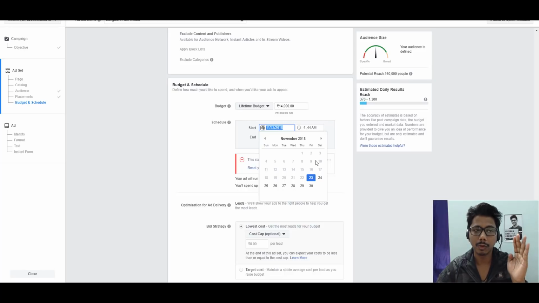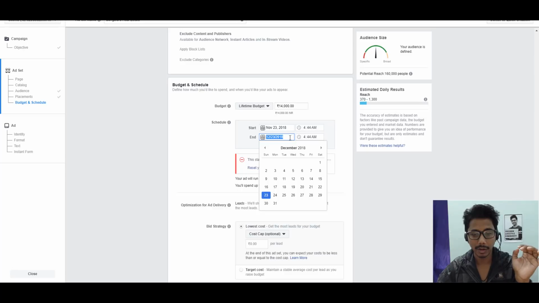People tend to go for site visits only on Saturday and Sunday. So ideally you want your customers to be engaged and at the same time very actionable. You should not give them much time to think and explore different things. So what we normally do is run our ad from Thursday to Saturday. In this case, since I'm recording it today, I cannot go back to Thursday, so I'll just choose today and run it till